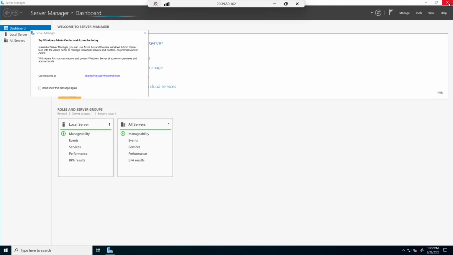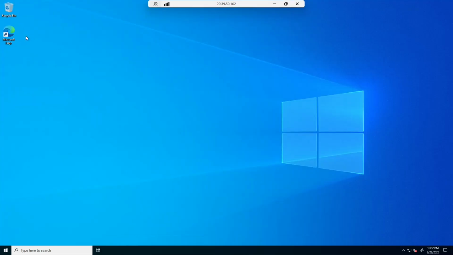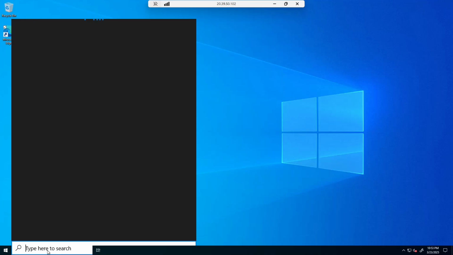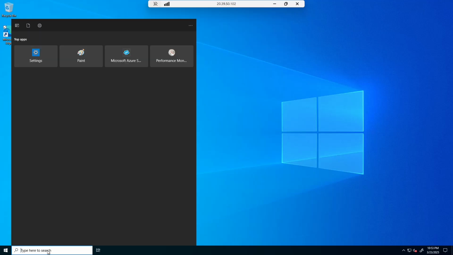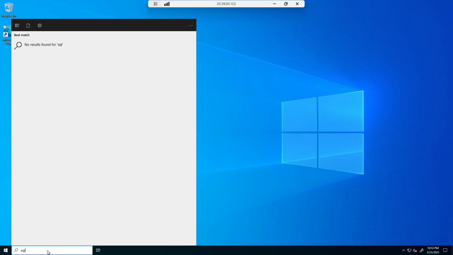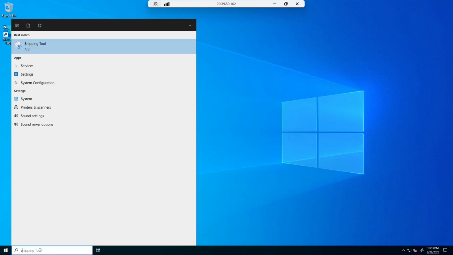The virtual machine is almost ready. This is just like your computer. You can do anything from here. Right away, I can start my SQL work from here. SQL is already installed as a part of the virtual machine install. So if I search SQL or SSMS,